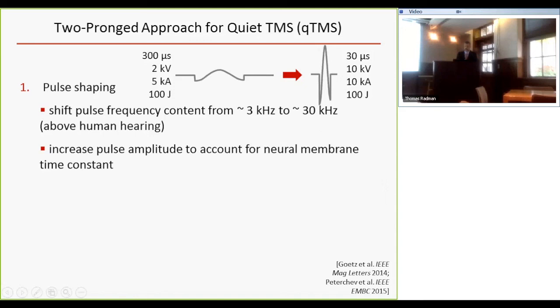That is, you don't have down mixing of the frequencies from high frequencies to low frequencies because of mechanical vibration modes of the coil. So whatever energy you end up emitting is still at 30 kilohertz rather than 3 kilohertz. So that's a bunch of mechanical engineering, and it turns out that the best way to do it,